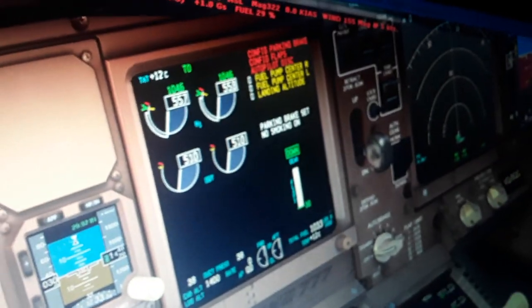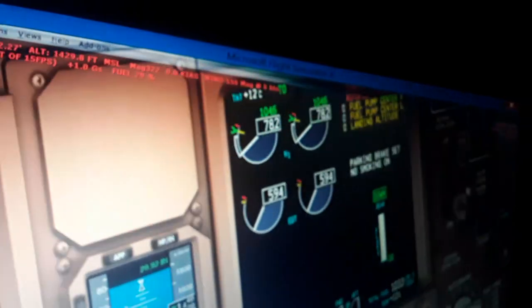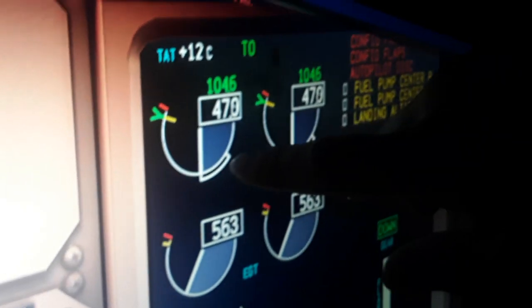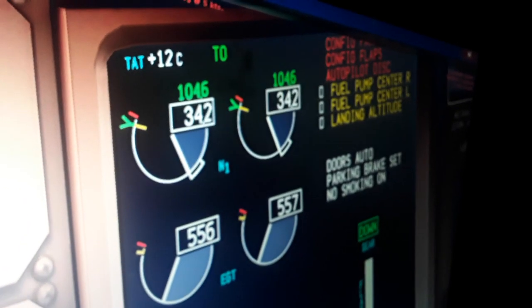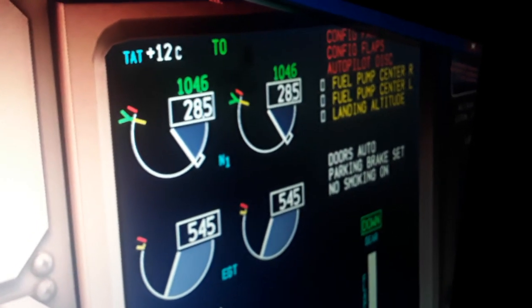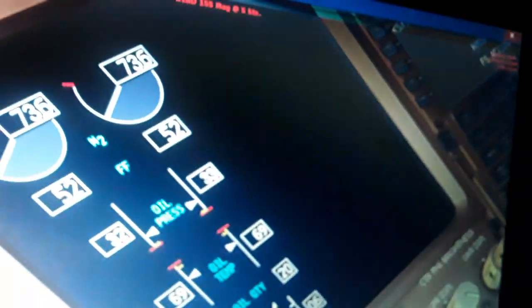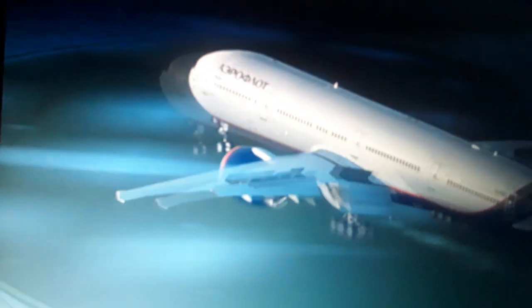So we have the target here. The target position of the thrust levers, you can see now moving to idle. So we have some difference, it takes some seconds for the engine to spool up or spool down to the target desired thrust. So this is some delay time. We also have, you can see, the upside view. I'm going to talk to you about the flight controls of the airplane